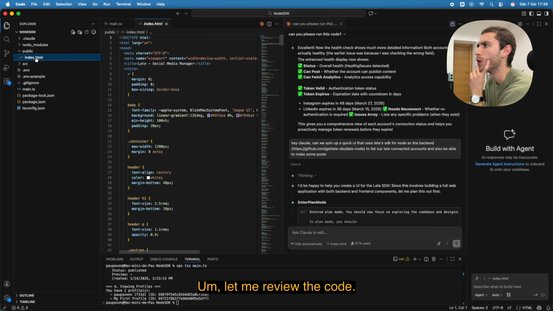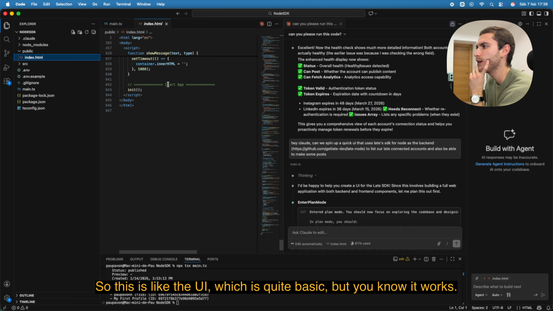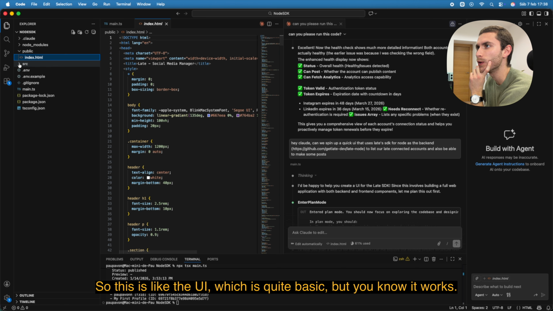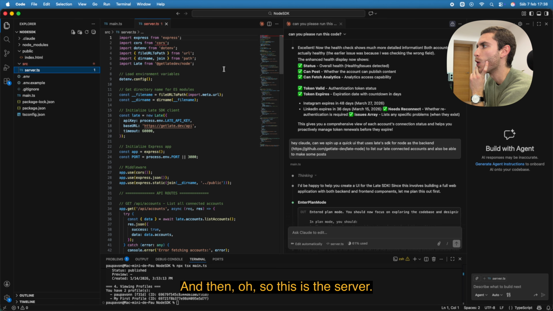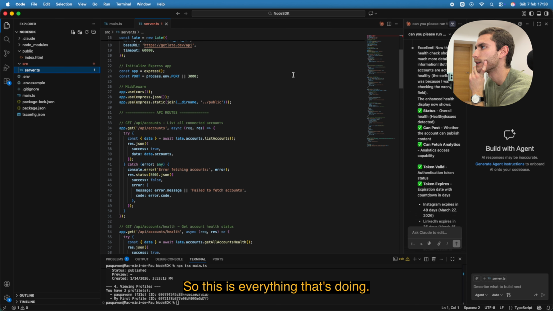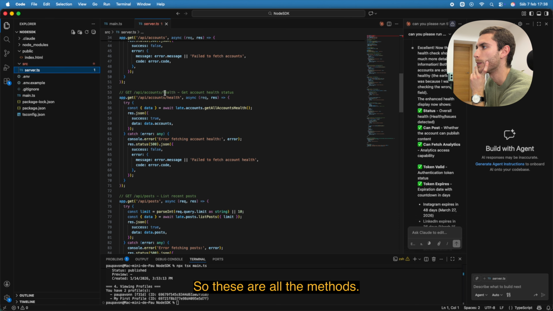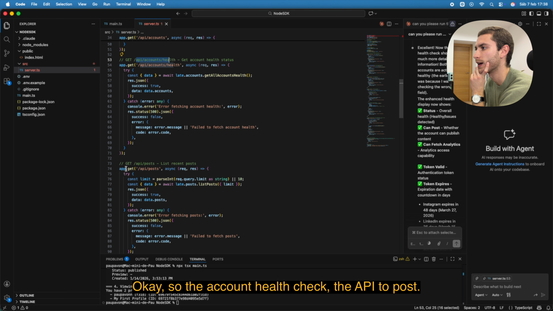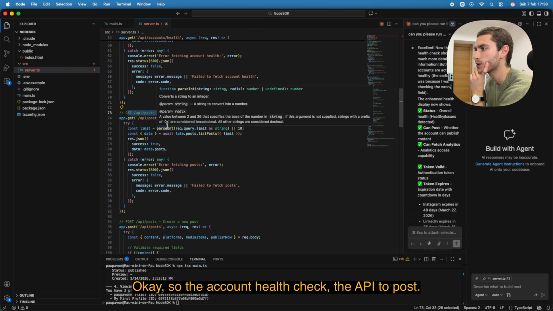Let me review the code. So this is the UI, which is quite basic, but you know, it works. And then, oh, this is the server. Let me just put this to the side a little bit. So this is everything it's doing. These are all the methods. Okay, so the account health check, the API to post. So yeah,